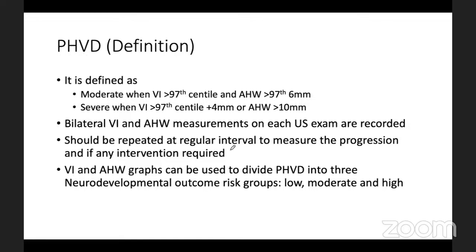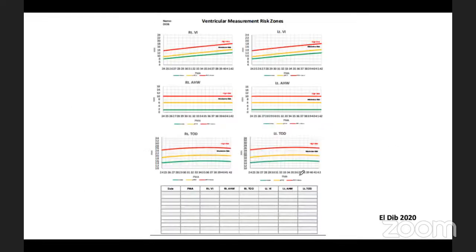And once you have done these measurements, there are graphs which divide the post-hemorrhagic ventricular dilatation into 3 categories to look for the outcome of these babies: low, moderate, and high. So this is an article published by Dr. Aldeeb in 2020, in which he mentioned these